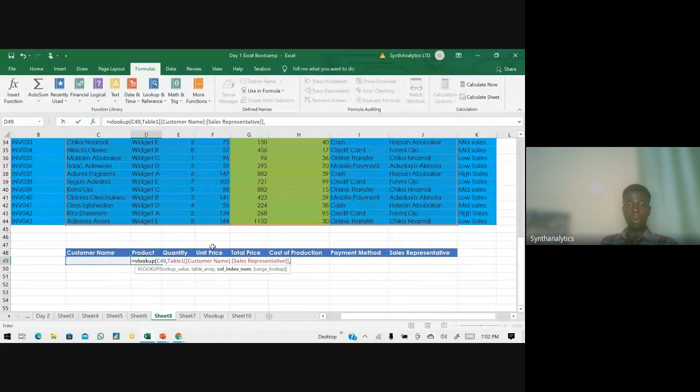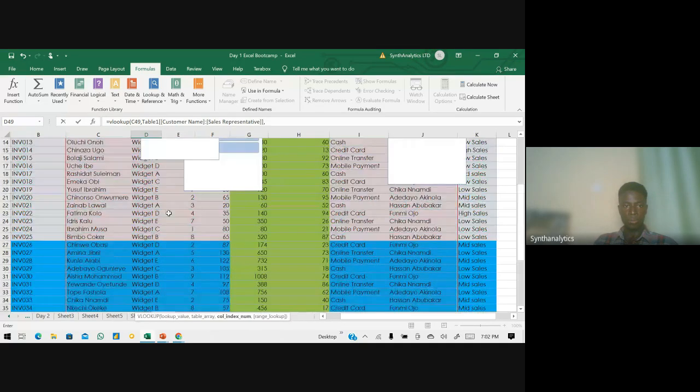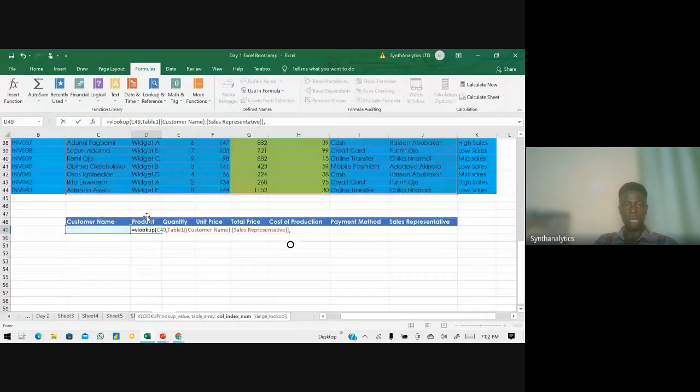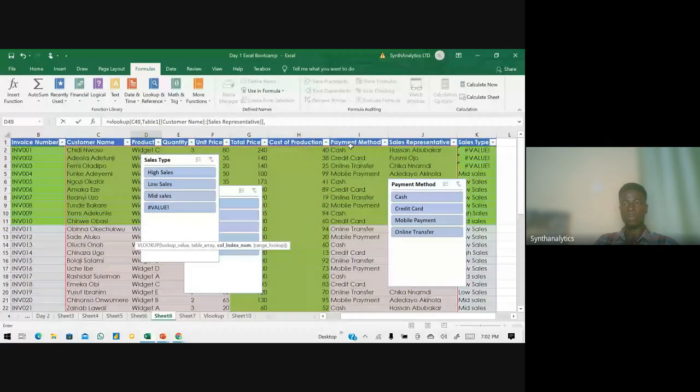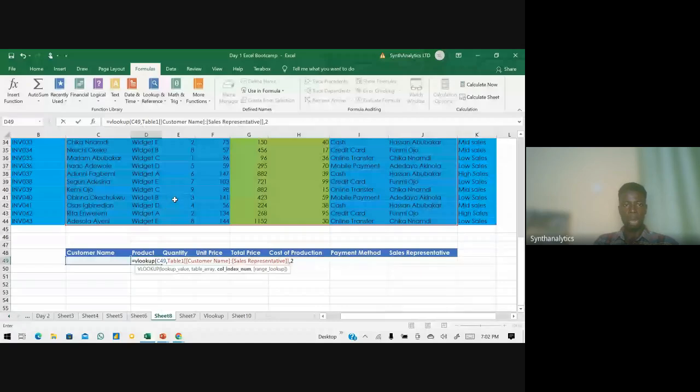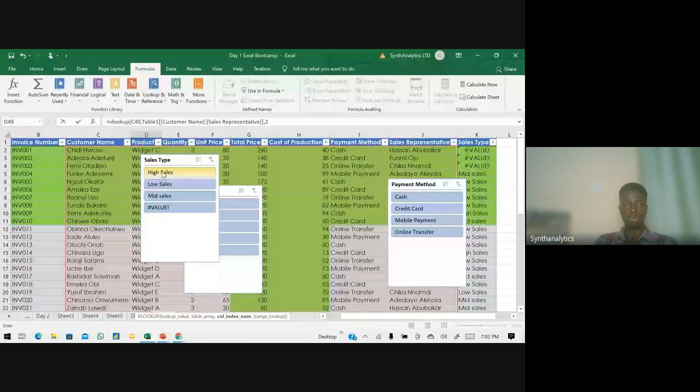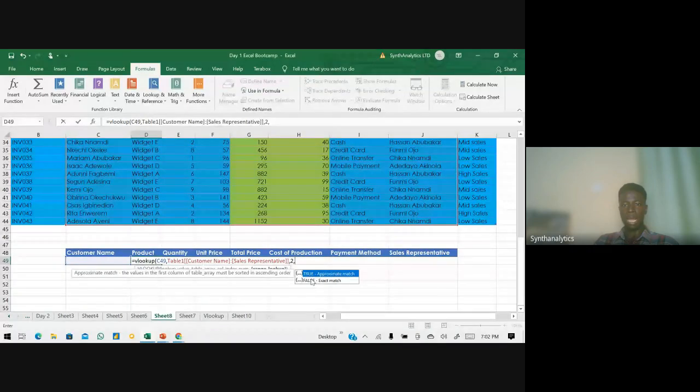Comma, column index number. So you are looking up your column from your products. You are looking for your product, and this is your column 1, 2, 3, 4, 5, 6, 7, 8. We have 8 columns we are working on at the moment. So we are picking column 2. Why are we picking column 2? Our product is on column 2. Disregard all these guys before because they are not part of the table we are picking at the moment. So our column 2, and then we have our exact match. We want it to be exact match, and then enter this, and then okay.